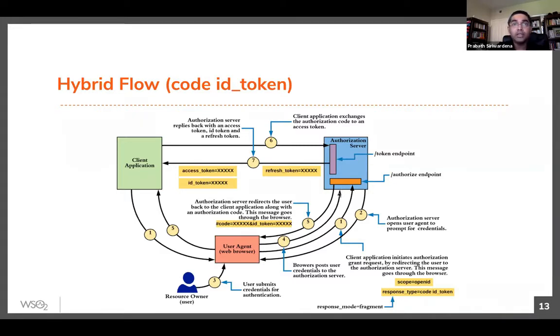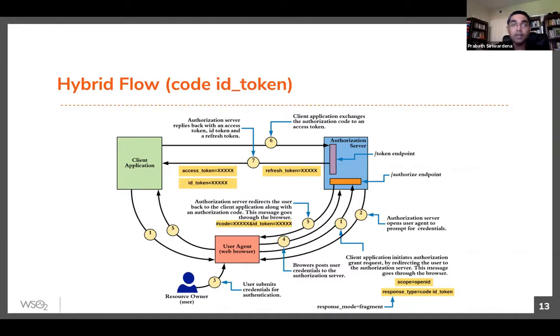In addition to the nonce value, just like in the previous case, since we have code in the response, you also need to derive a hash from the code and add that hash value to the ID token under the c_hash attribute, right? So that will prevent code injection attacks in the same way we explained with the implicit flow, right?